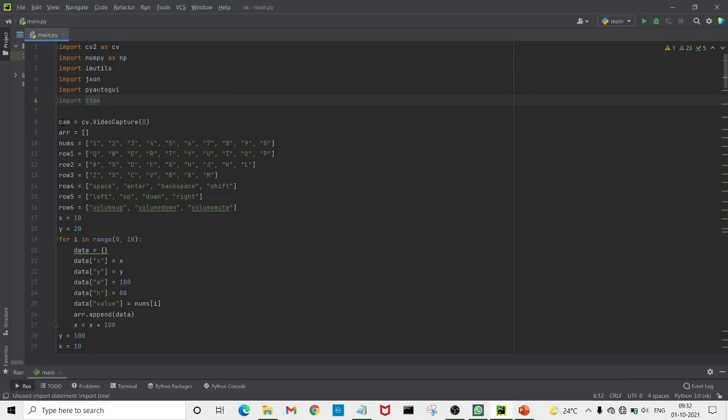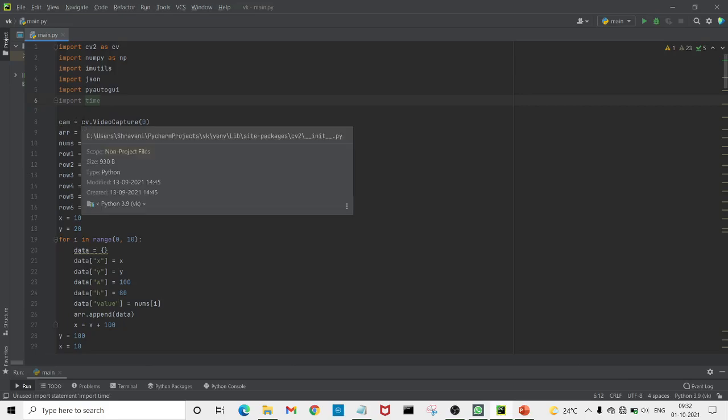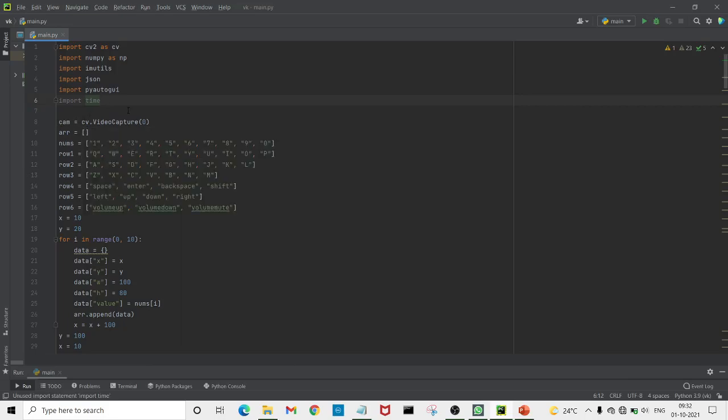So we'll start from this line. cam equals cv.VideoCapture. It lets you create a video capture object which is helpful to capture videos through a webcam, and then you may perform desired operations on that video.